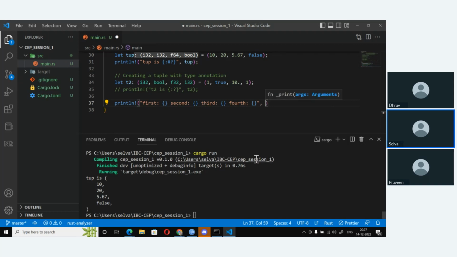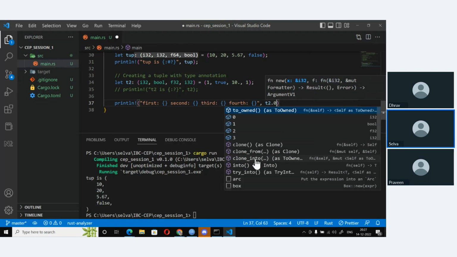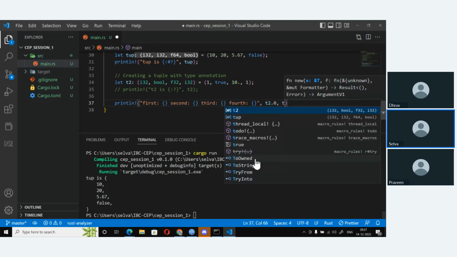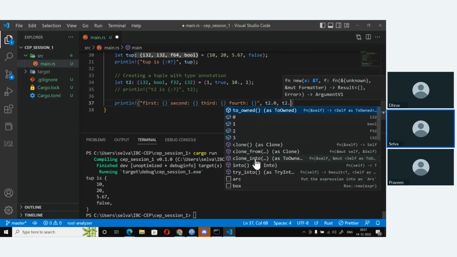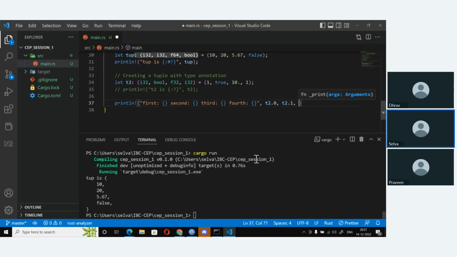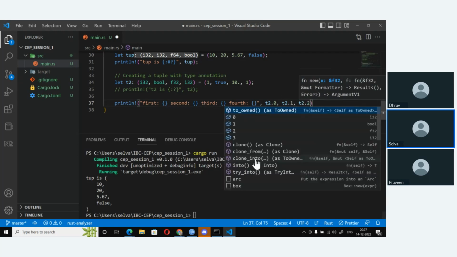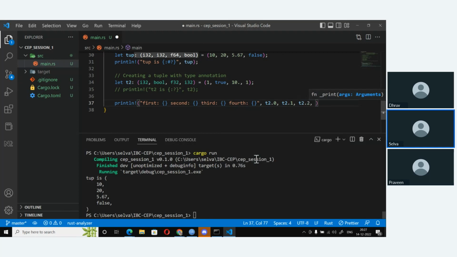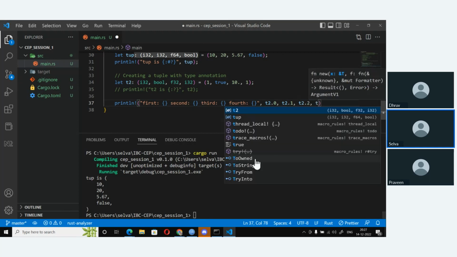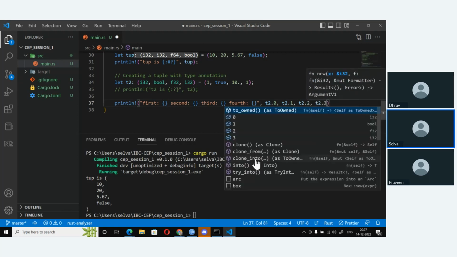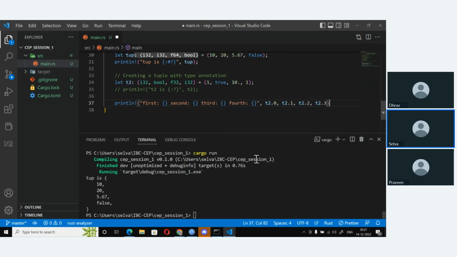In order to access them, you do it like this: T2 dot 0, T2 dot 1, T2 dot 2, and T2 dot 3. So in order to access individual elements, you say T2 dot followed by the index value, the position.